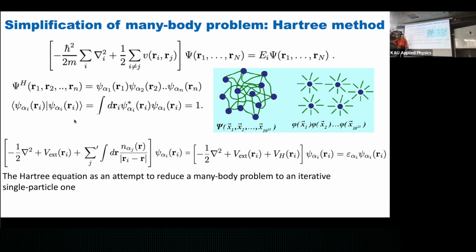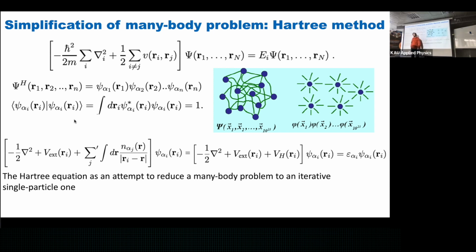And the Hartree method reduces the Schrödinger equation problem to a system of one-electron equations. Here you see the kinetic energy of electrons, the external potential created by nuclei, and the so-called Hartree